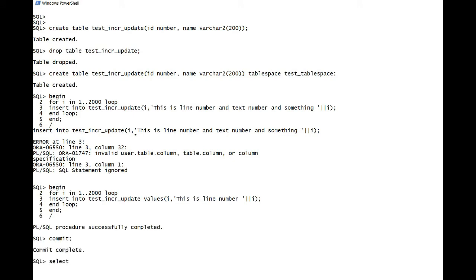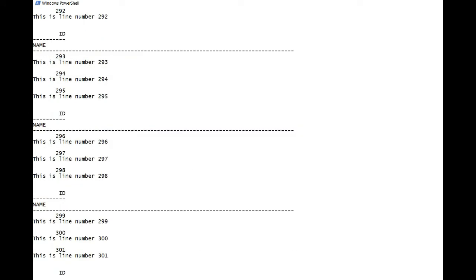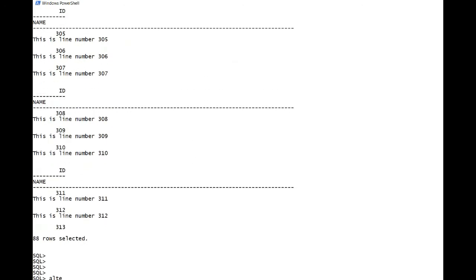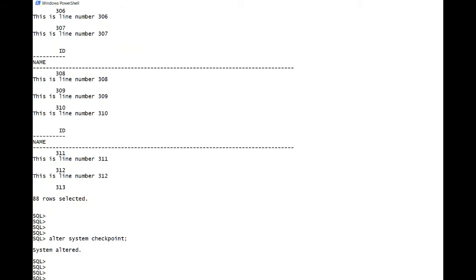So select star from test_incremental_update. So we have around 2000 rows here. Then alter system checkpoint. Okay, startup force mount. Remember, this is not needed if your database is in archive log mode, but since the database I am demonstrating on is in no archive log mode, I have to start the database in mount state and then take the backup.